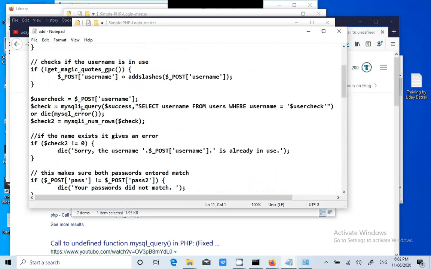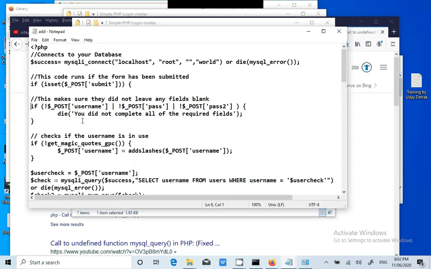And I changed the function to always mysqli_query, comma $success, because mysql_query accepts one parameter, but mysqli_query accepts two parameters. Just pasted the error and I came across that. So these are the two lines I changed for that piece of code to work. This is the one line and the other line is here. You can pause the video and check it.